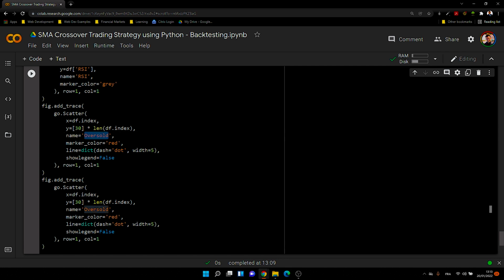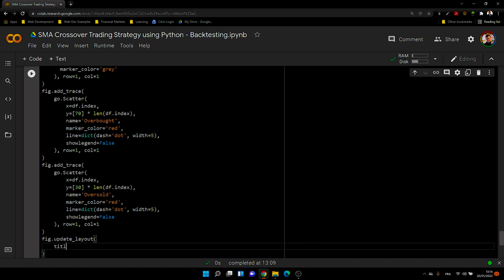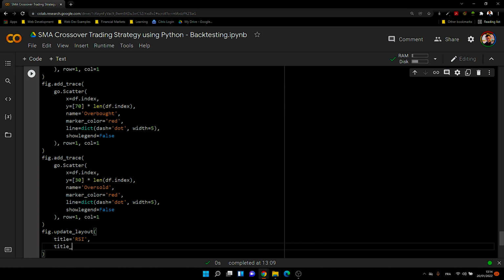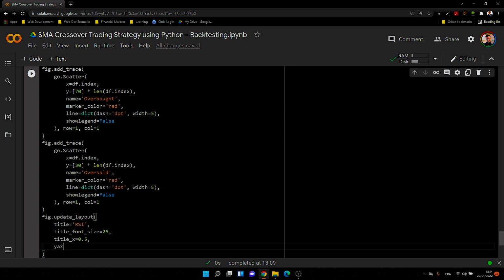Now we'll copy this and we'll replicate this again because we want our 70 level line, the overbought line. So essentially we can replace this with overbought, and here we'll put in 70 instead. And we'll finish this by saying fig.update_layout to give it a few layout definitions, and we'll say that the title of our plot will be RSI. The title font size, we'll give it a font size of, let's say, 26. We can also say that our title x-axis will be 0.5, and the y-axis title, we give it an RSI